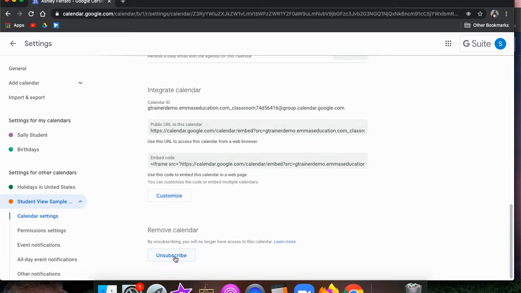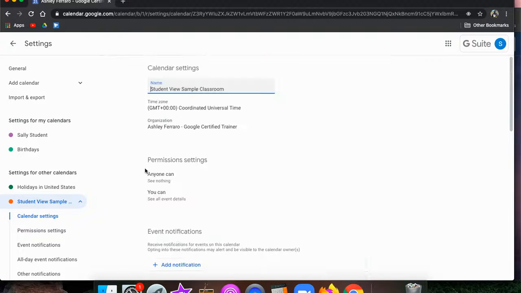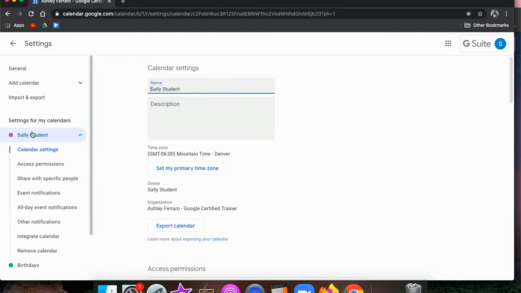So if it's an older class, like a class that you had last year, and the teacher hasn't archived the class or removed you from it, or it might still be there, this is how to kind of clean it up. So I don't want to see this calendar anymore. You would click on unsubscribe. Okay. And then, so you have more options